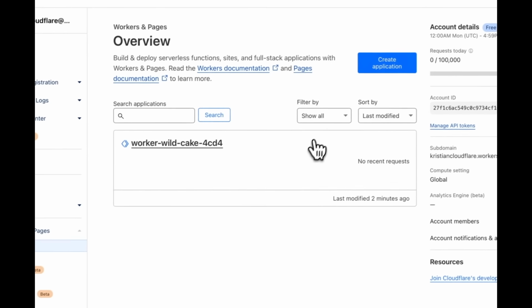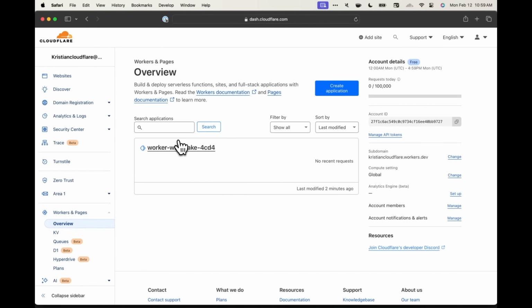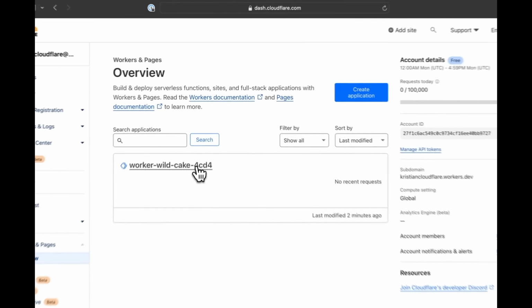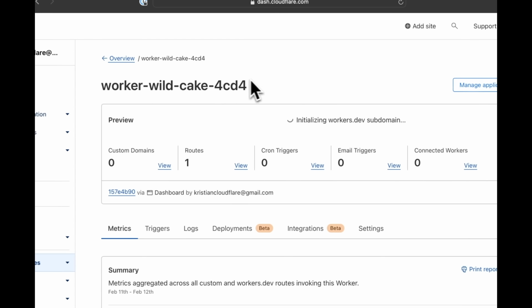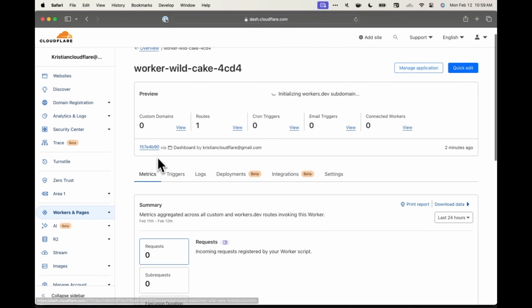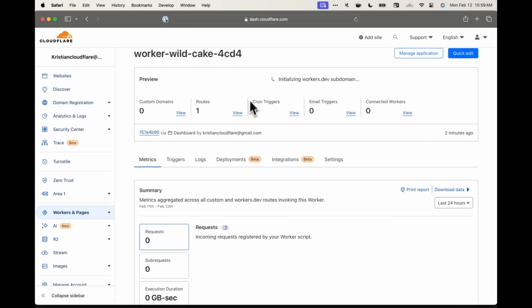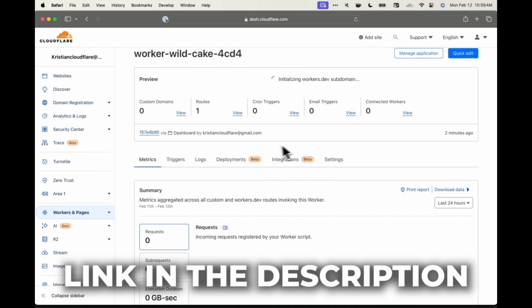If I come back to the workers section here, you can see I have a list of all of the different projects I've deployed. So as you make more projects, this will be populated with all the different things you've deployed. And if I open up a specific worker here, I can see all of the information about this worker, things like metrics for requests and subrequests. I can configure new routes or all kinds of triggers and things like that here, all of which is explored in our documentation, which I'll put a link to in the description,